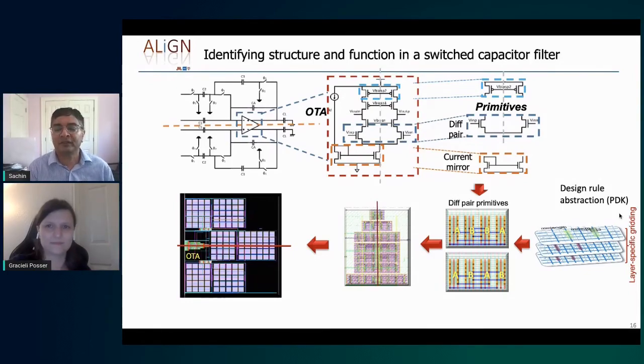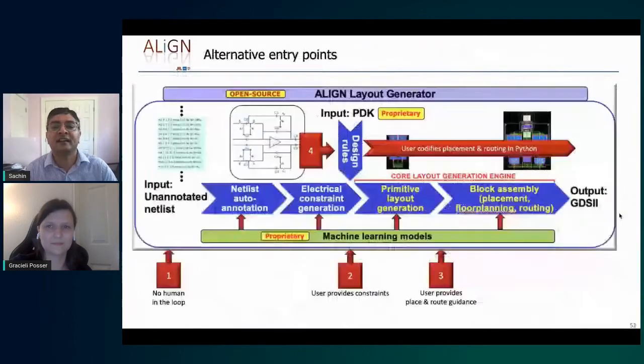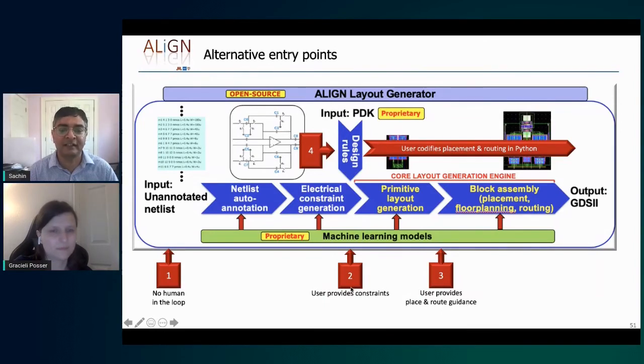However, later on, near the end of the presentation, I talked about the idea that we could have multiple entry points. So for example, for entry point number 2, the user could specify that they want a specific type of hierarchy that they would like to have followed. And in fact, our designers at Intel typically do provide these types of hierarchies. And in that case, if they specify a constraint, then we honor that constraint.